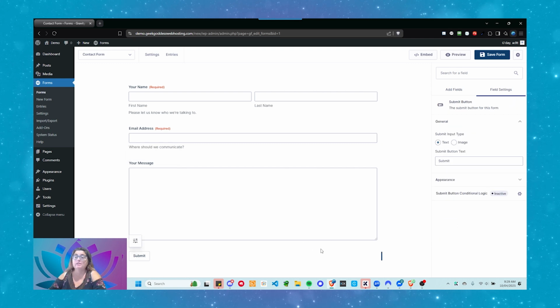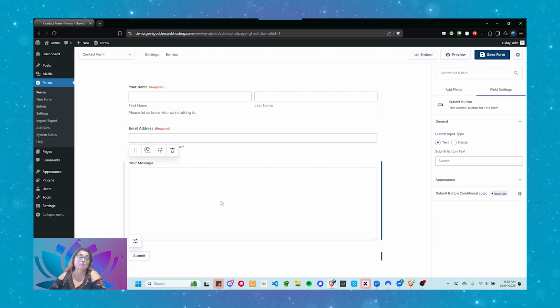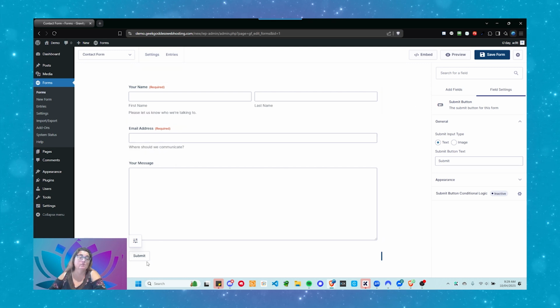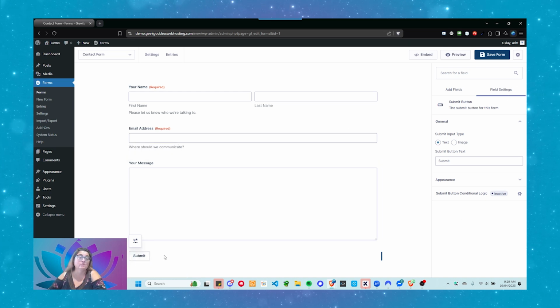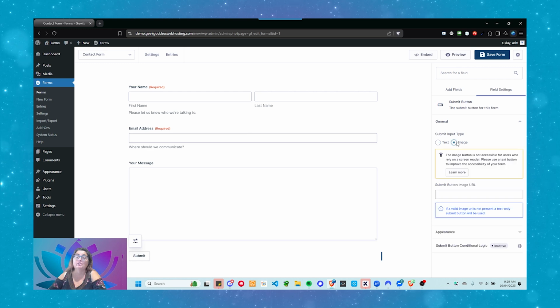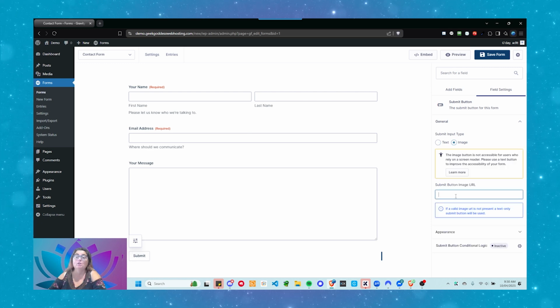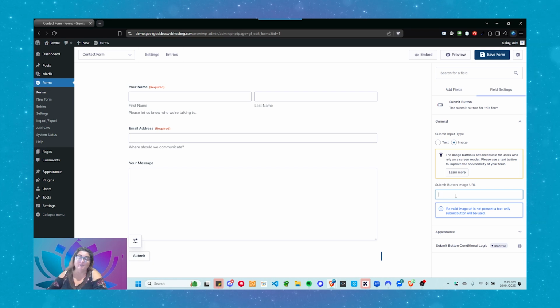What else do we have here? Okay, now we've got the basic information we want from them. We're going to look at the submit button. So with the submit button, you come down, you click on the submit button. It says field settings. Do we want it text or do we want it an image? If you wanted an image, you need to put the URL of the image that you're uploading,